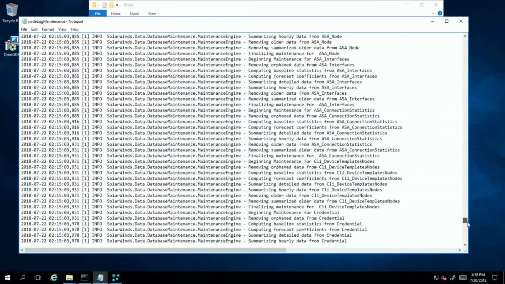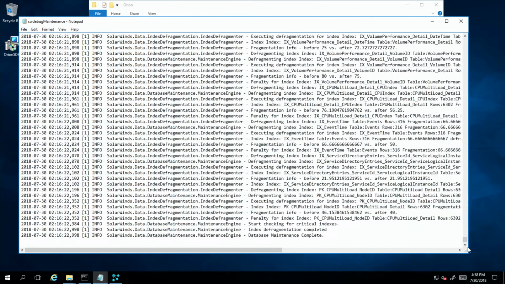It's removing things, it's doing the orphans, it's going through everything again. And this is why we would tell you, have the DBAs not bother with the maintenance for Orion, let us do it ourselves, because we're doing more than just stats, right? We're doing a lot of data retention policies, and we're applying a lot of business logic for this database. And from here, we're able to see that it's doing the fragmentation too.